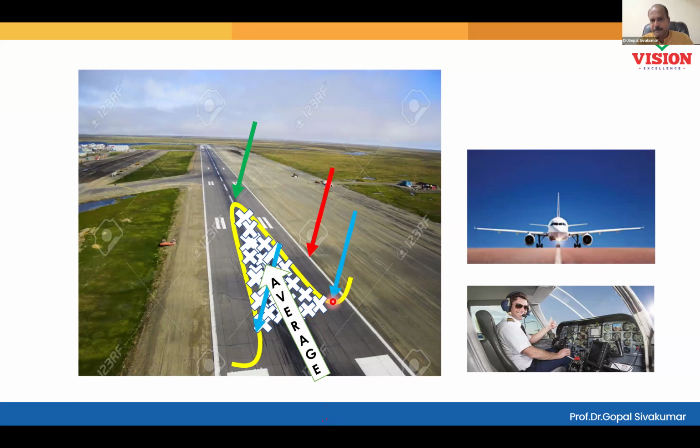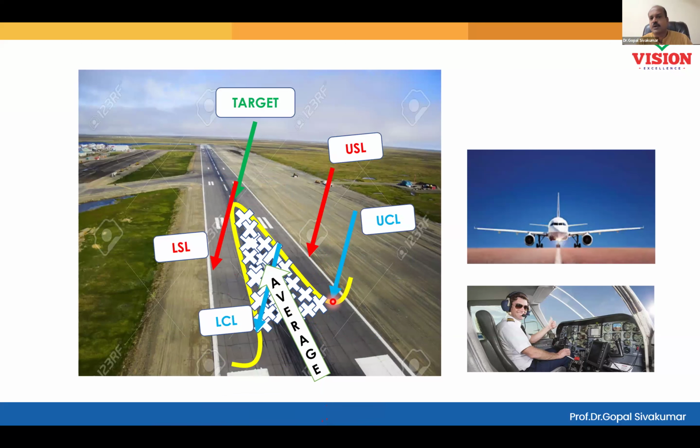The runway ends here. Your customer tolerance ends at a particular point. This is the upper spec and this is the lower spec. So our target, upper spec, lower spec, upper control limit, lower control limit, process average. You must learn, compare all of this. Any industry, any product, any service, any scenario. What is the customer target? You must know. What is the upper specification limit, lower specification limit?